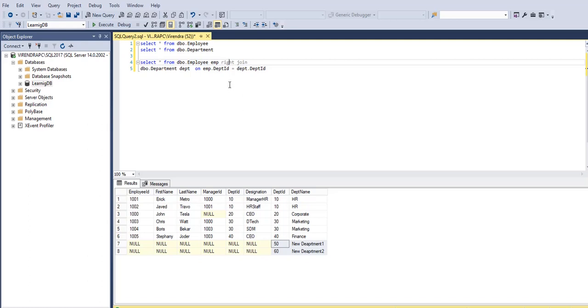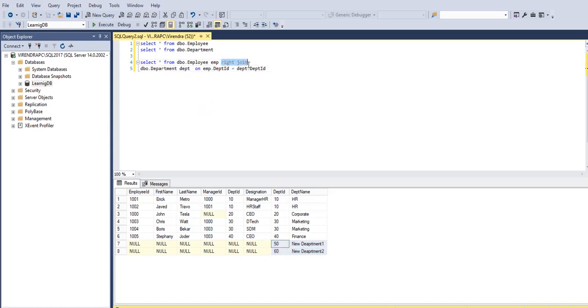So what does it mean when we do a right join? What we are telling is we want everything to be retrieved from the right table. What is happening here is, in the department table we have these two department IDs which are not assigned to any of the employees. So we have these extra two records appearing in our query because we are doing a right join.